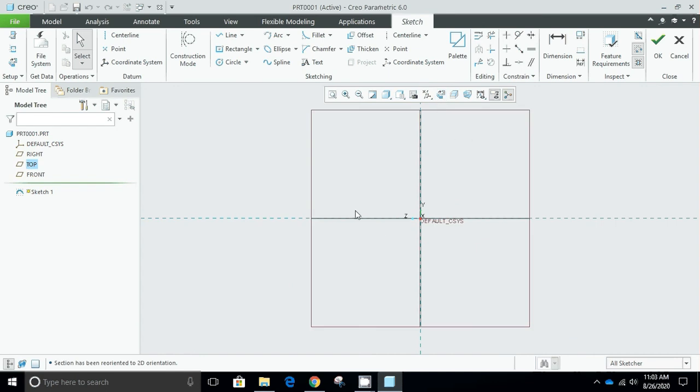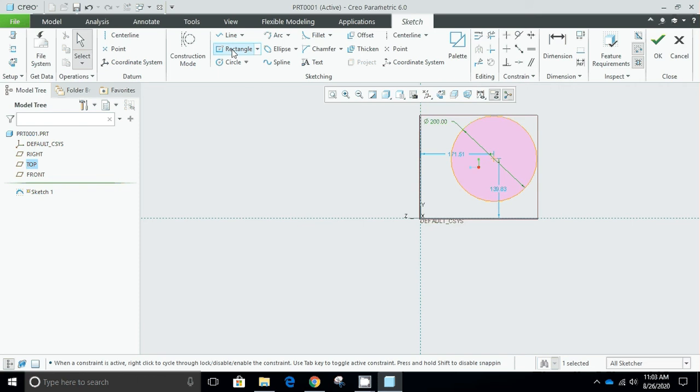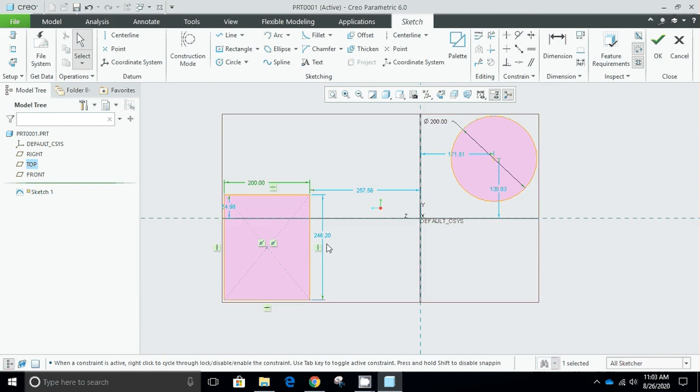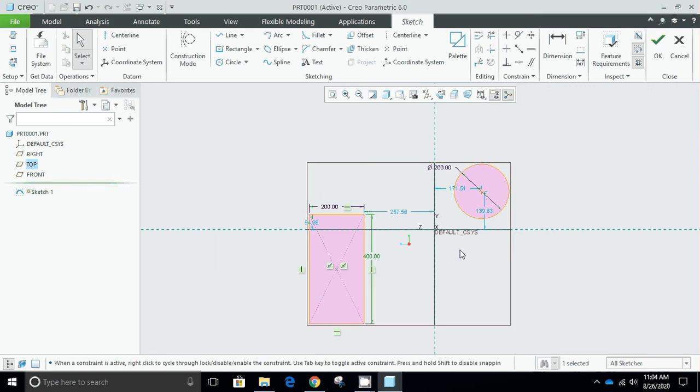Then in the graphics toolbar, I will be clicking on this sketch view. So this is my sketch plane on which I will be making different objects, like for example circle, and press scroll to dimension it. For example, it is 200 millimeters. I can also create a rectangle like this and press scroll in order to dimension it. For example, 200 millimeters and 400 millimeters, and press scroll, and using the scroll you can zoom in and zoom out,